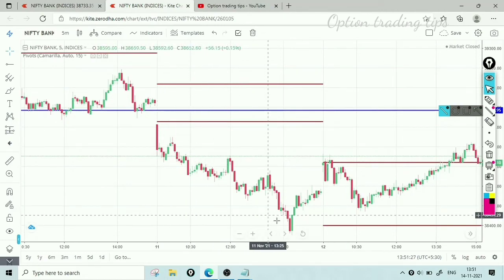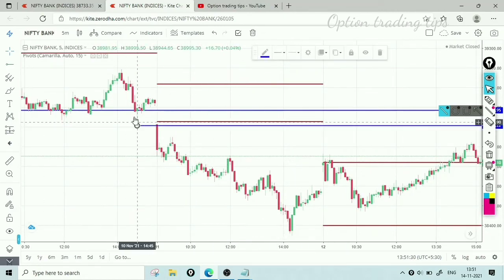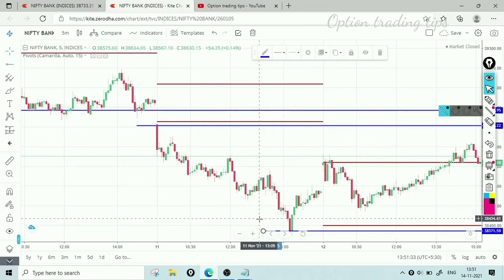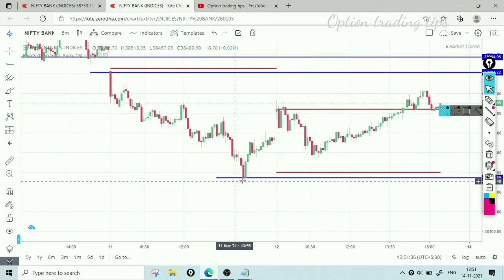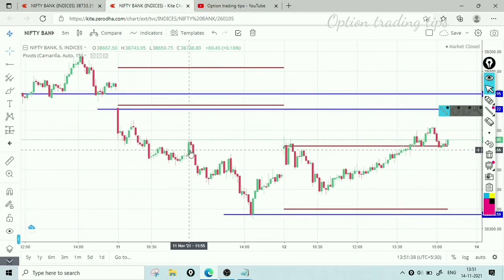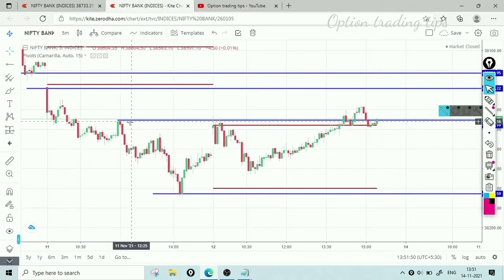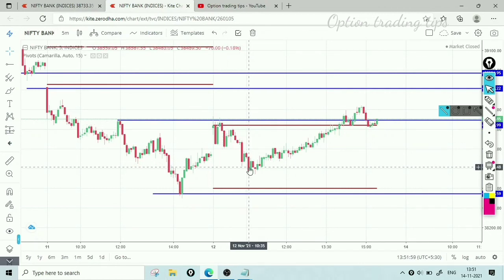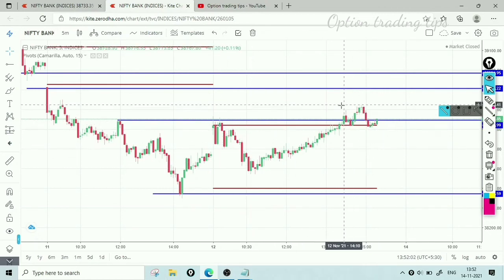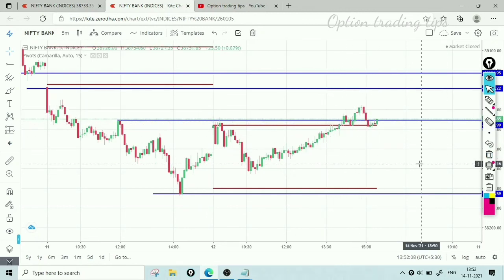Here, did you see the huge rally? So we will mark the rally high and rally low. From somewhere here the market gets a reversal. You see there is some consolidation. After that, the market started a rally once again. So if you feel, mark this also. After that, on November 12th, the candles were exactly rejected from the breakout and moved downside and tried to break, but did not get a proper confirmation candle. Once again there is a consolidation at the support and resistance.